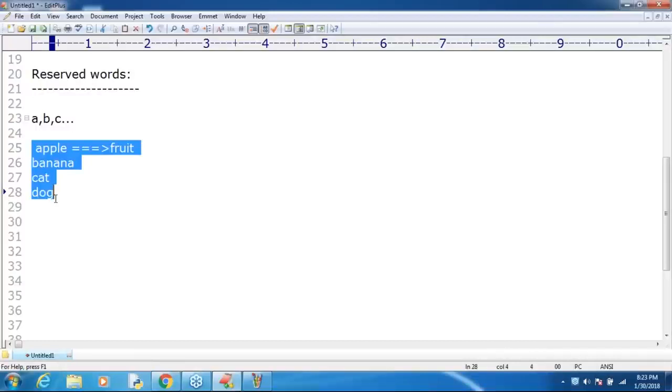The words which are reserved to represent some meaning or functionality are by default considered reserved words. The best example: if you go to public meetings or functions, in the first row there are VIP chairs.